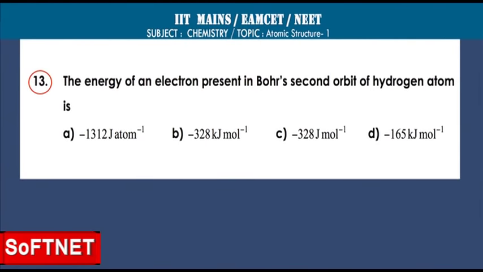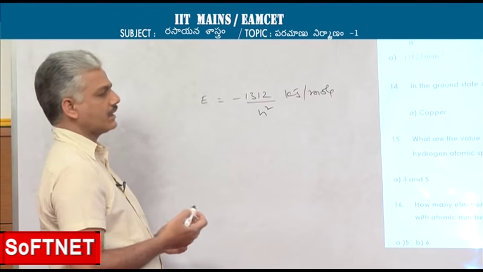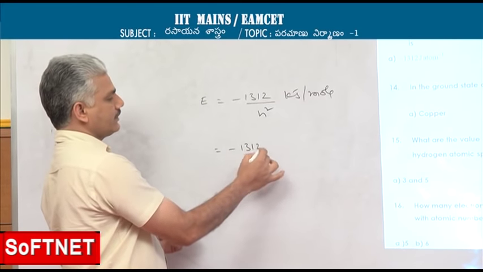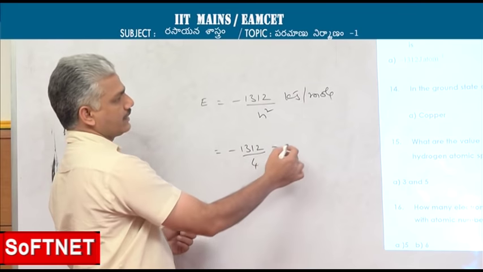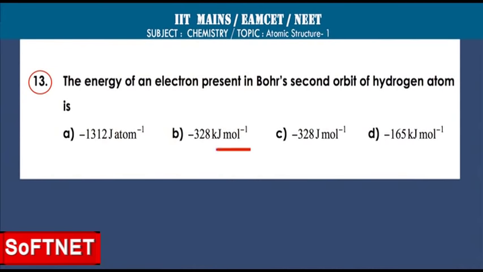The energy of an electron present in Bohr's second orbit of hydrogen atom is. The options are given in terms of kilojoules per mole. The relation is E is equal to minus 1312 by n square kilojoules per mole. So, as it is second orbit, in place of n we have to take 2. So, minus 1312 by 2 square is 4. That value comes out to minus 328 kilojoules. So, second option B can be